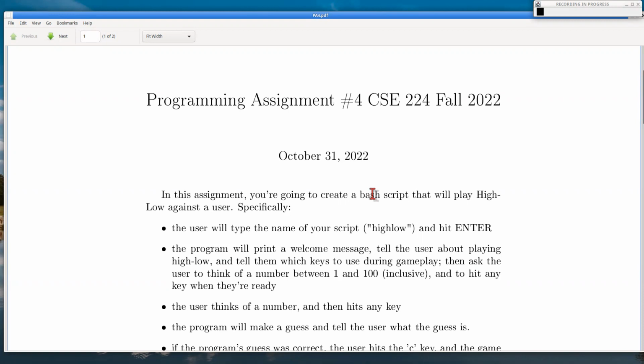Now, if I think of a number between 1 and 100 and you just start making random guesses, it could take you 100 tries if you're really unlucky to guess my number, right? I might think of 17 and that might be the last number you guess. But there's a way that we can control our guesses to do a lot better than 100 possible guesses. And in fact, if you think of a number between 1 and 100, somebody can guess it in 7 guesses